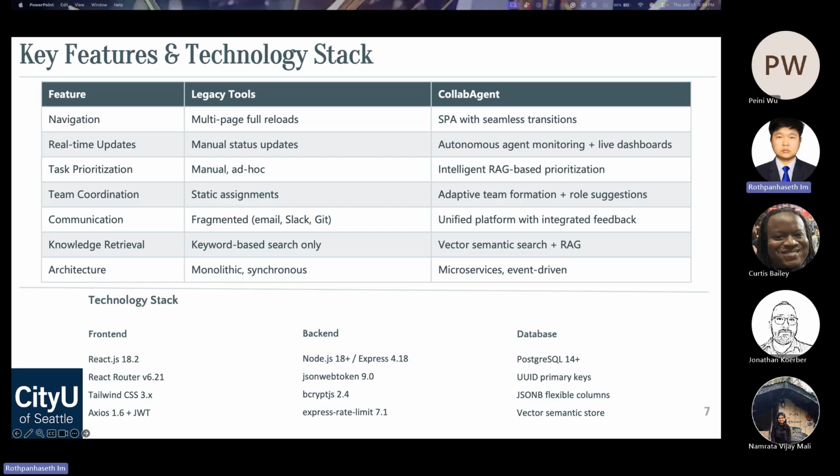Task prioritization becomes context-aware rather than manual. From an implementation perspective, the system uses a modern web architecture consisting of React, Node.js, PostgreSQL, vector storage, JWT authentication, and event-driven microservices. This architecture supports both scalability and extensibility.